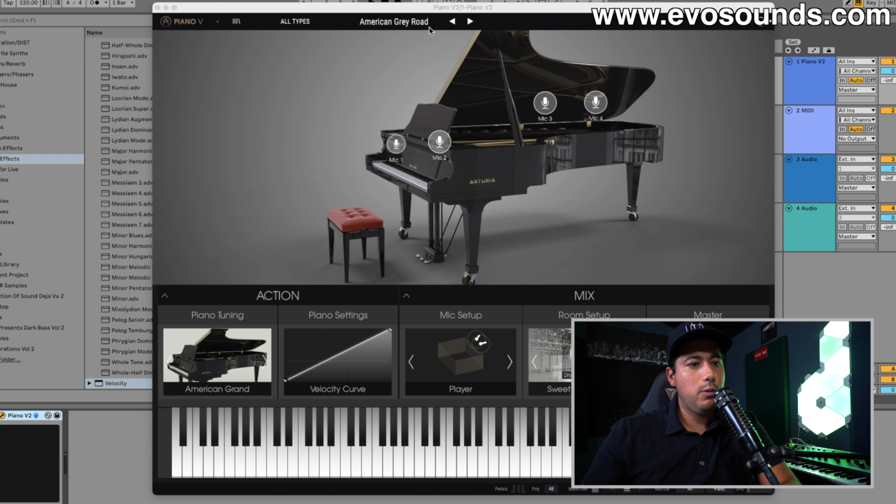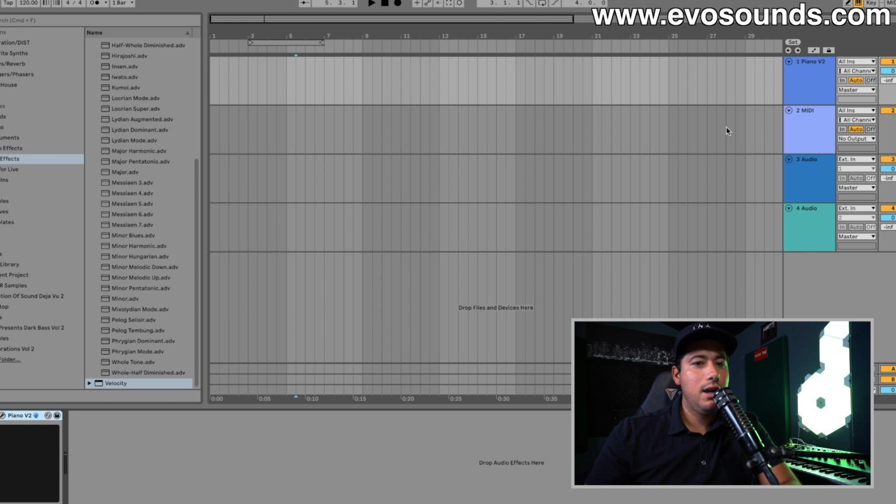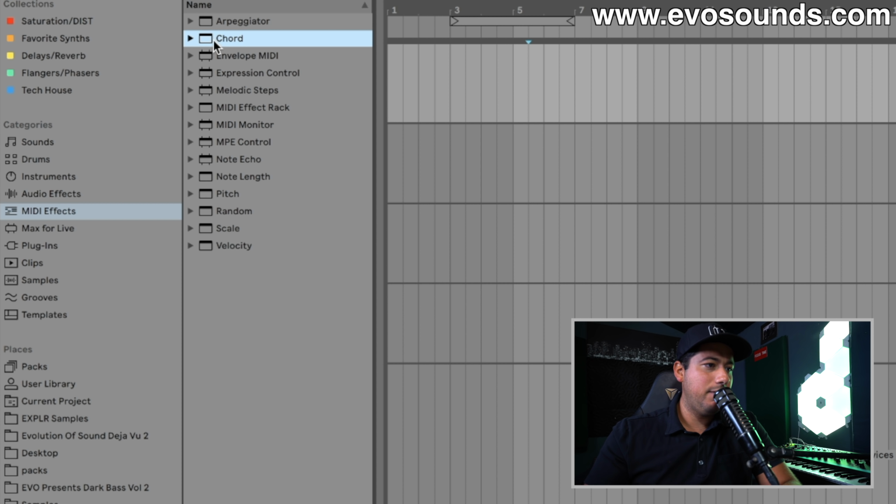So first off, we open up a piano that we really like. I personally like to use the Piano V, the American Grey Road patch. You'll recognize the sound instantly once we start playing chords with it. The reverb on it is just amazing, but it can be a little finicky to get it right in the mix. From there, we are going to utilize the chord MIDI effect here,